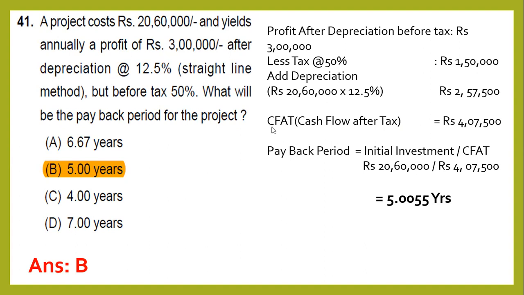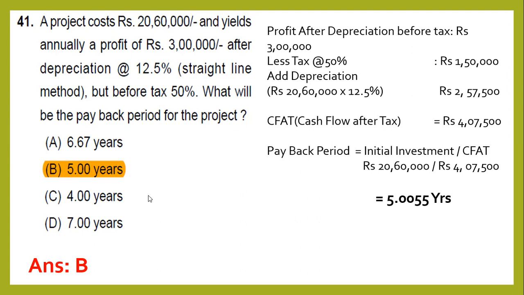So here you should calculate the answer like this. Profit after depreciation before tax is 3 lakh rupees as given in the data. Less tax. What is the tax? Tax is 50%. So 50% of 3 lakh is 1 lakh 50,000. Add depreciation. What is the depreciation? 12.5% of 20 lakh 60,000. That comes to 2 lakh 57,500. So cash flow after tax, that's called CFAT, if you add all these things, you'll be getting 4 lakh